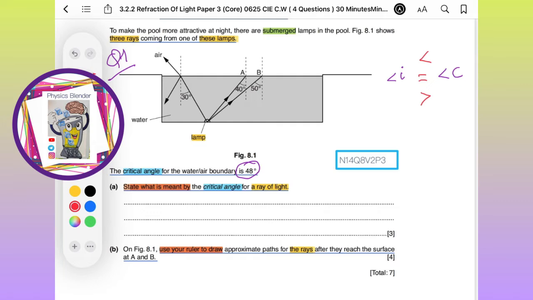So number 1, let's revise what we mean by critical angle. What's meant by critical angle? You have to state a complete definition, a complete sentence, using scientific terminology, the correct scientific term. Let's write the definition. Critical angle is the angle of incidence